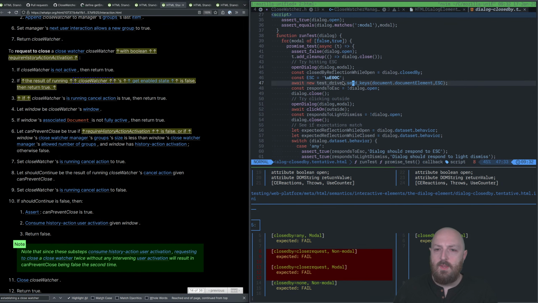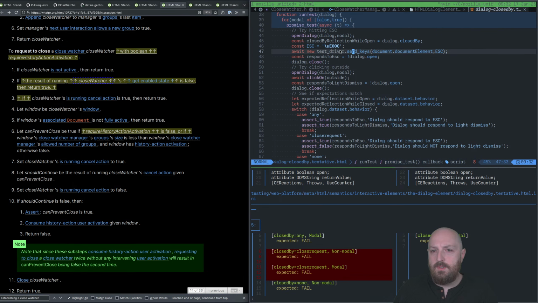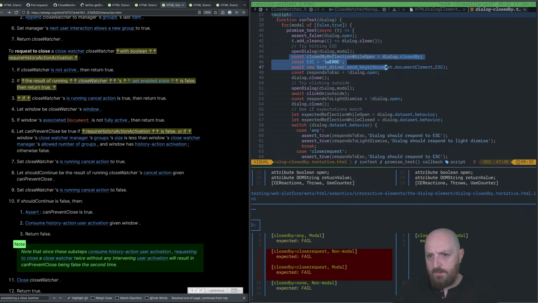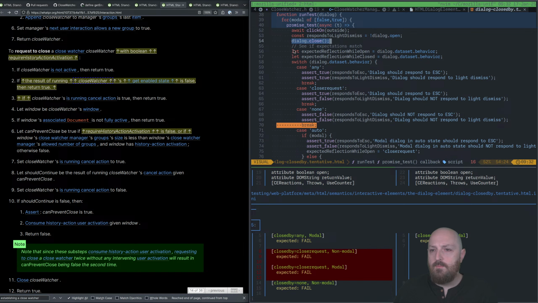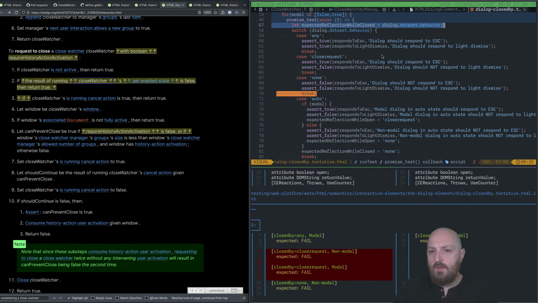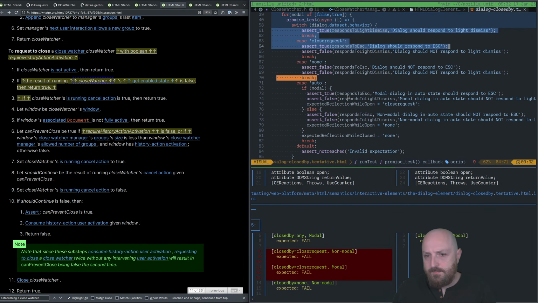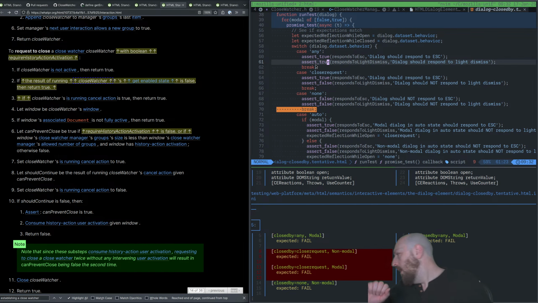Okay. Alright. We open a dialog. We try and close it. Escape. And then we actually close it. And we just capture whether or not it was closed. We try click outside. Capture whether that was closed, and then we actually close it. Then we do a switch. And we say dialog should respond